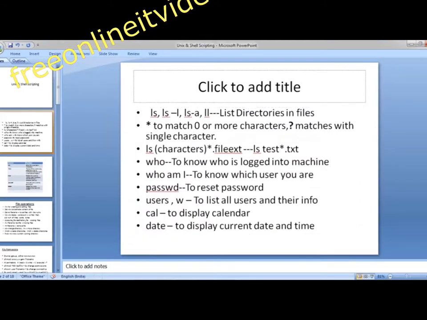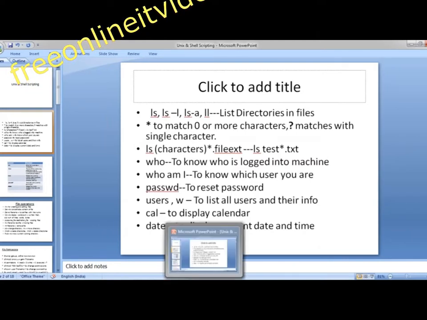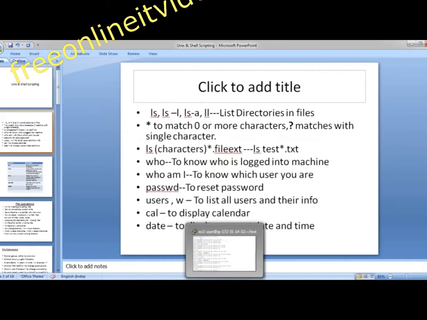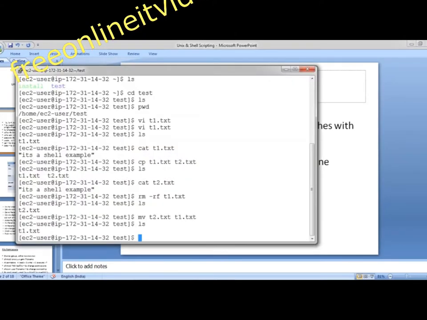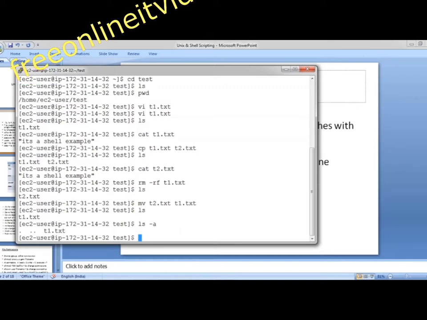Let's see what we have. In list, I did ls, and we have different options for ls. Let's see them one by one. ls, we have all this. ls hyphen a lists out the hidden files or directories. So there is a hidden directory.